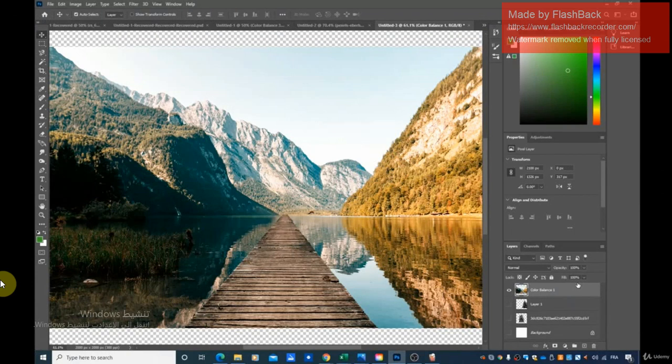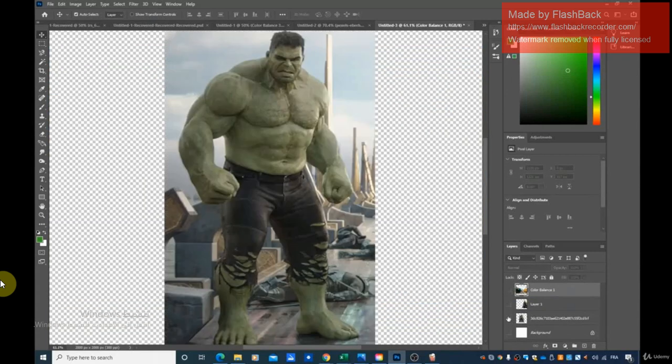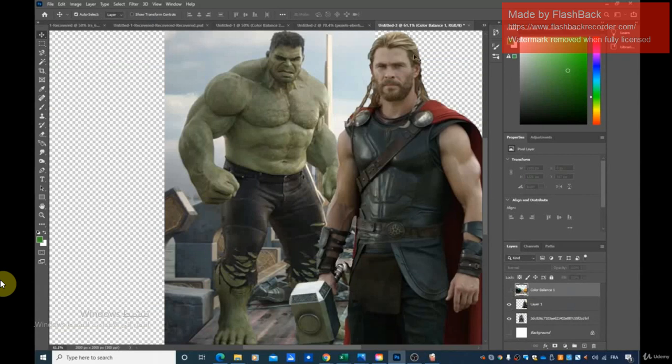So basically what we will do will be pretty cool. We are going to work with two different Avengers and add them to this picture right here. So I want to work with Hulk. And basically what I want to do is pretty simple. I want to take the face of Thor that we have right here and put it right here instead of